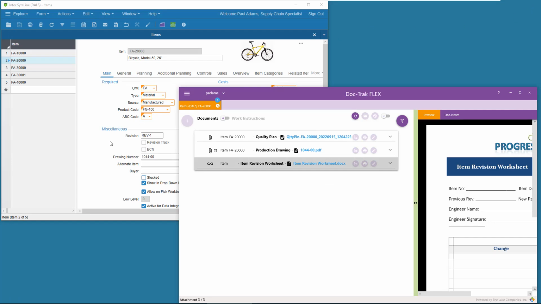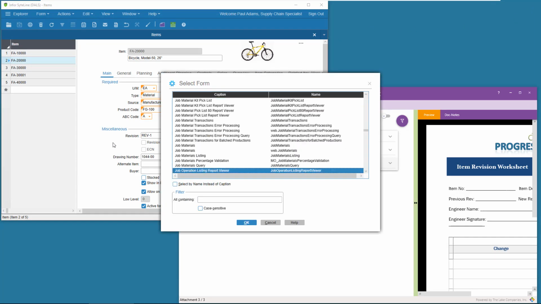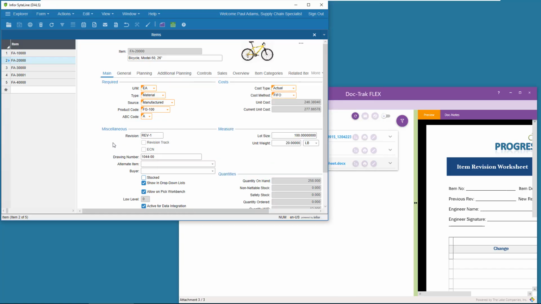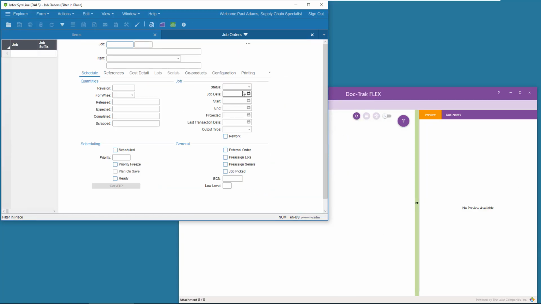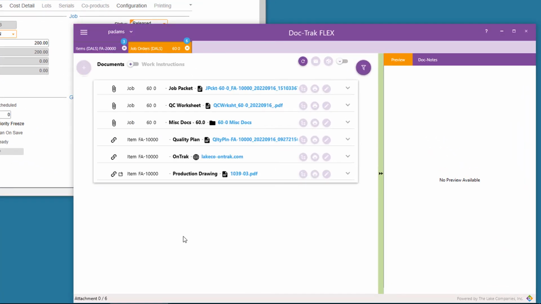Okay, back to Sightline. And this time I'm going to open the Job Orders form and filter for released jobs to make the FA10000 model bike. When I go back to DocTrack Flex, I see that it's added a new tab here for the additional form I've opened in Sightline.